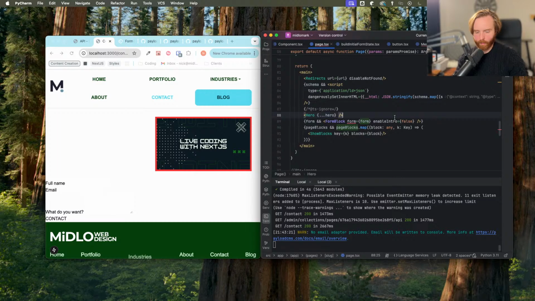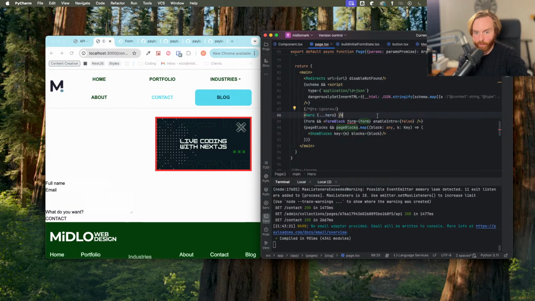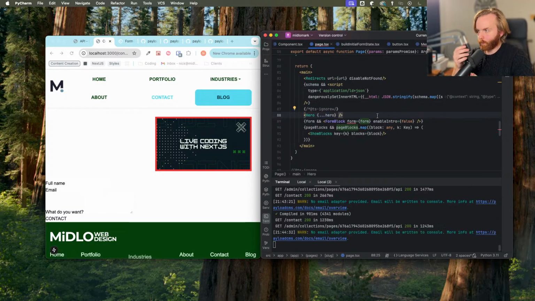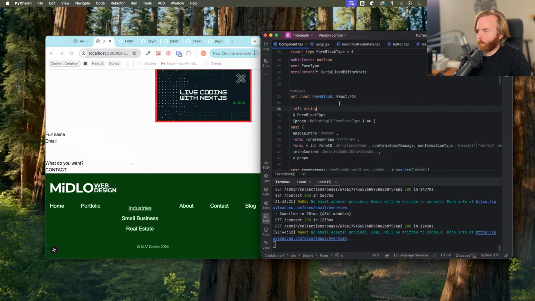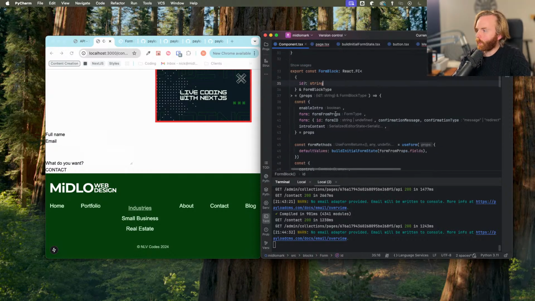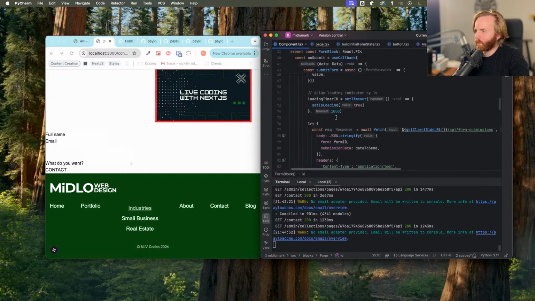I don't actually need that, so if I refresh it, we'll fix the error later. But let's do some styling before we call it quits tonight. Why don't we? So we have our form block. Looks like trash down here, but that's okay because we can go into each of our fields